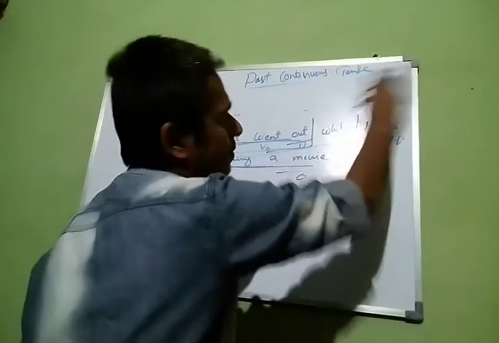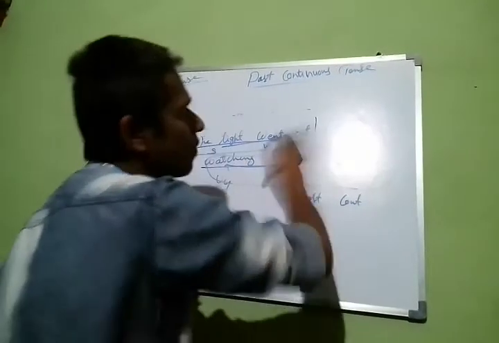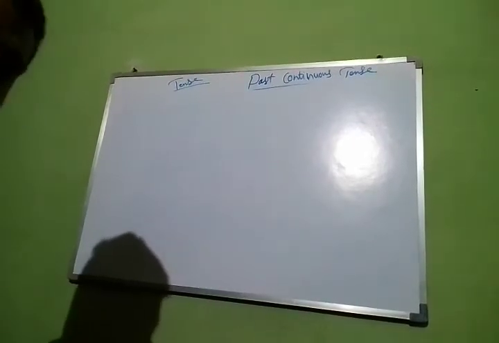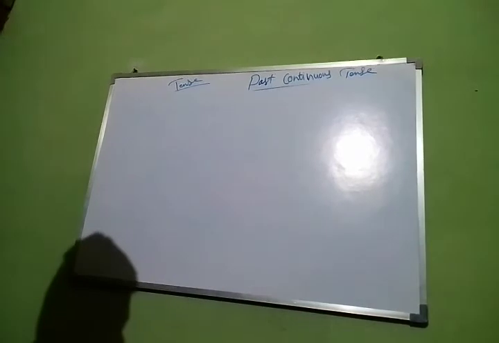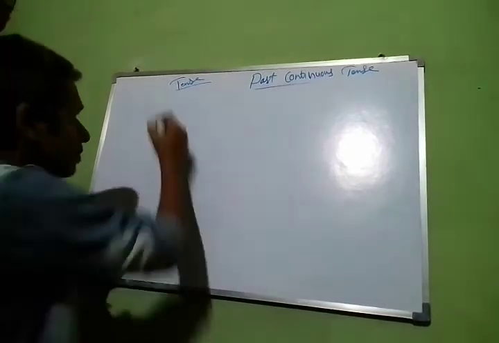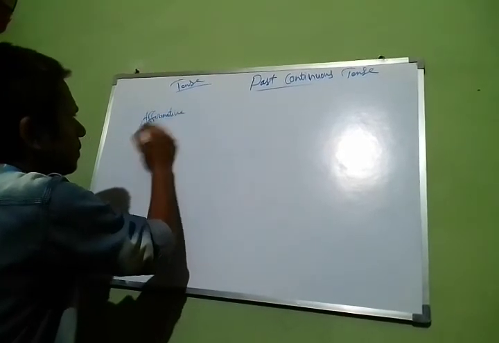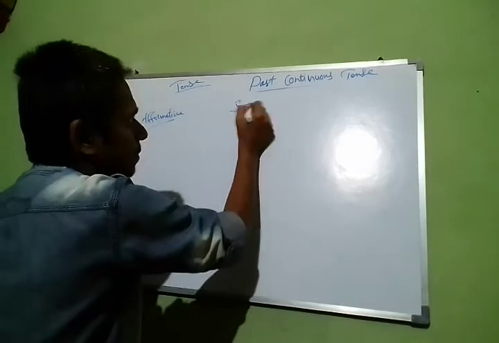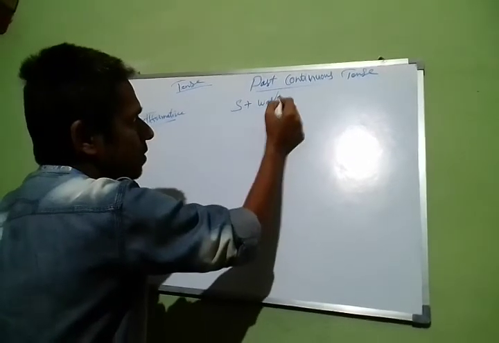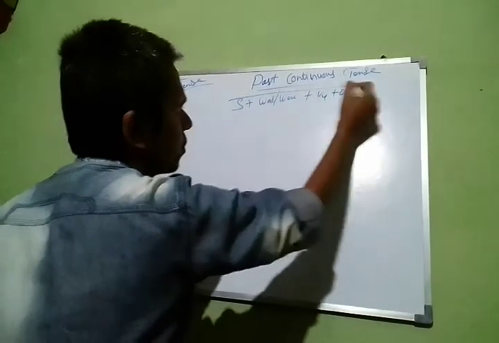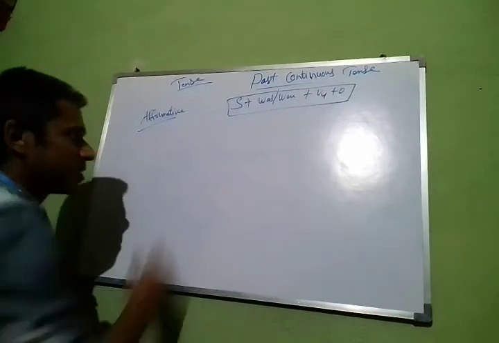So altogether, these are the uses of past continuous tense. Now we will see according to sentences, affirmative, negative, interrogative and all. First we will see affirmative. Subject plus was/were plus V4 and object. And the examples will be